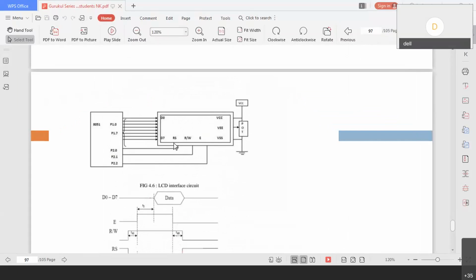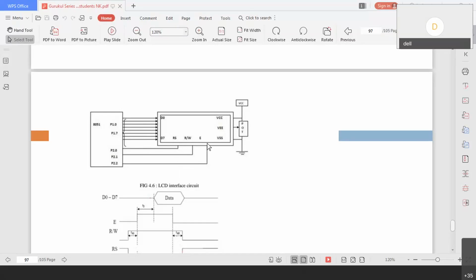What is the role of RS? It means register select. There are two types of register in the LCD: the command register and the data register. The command register will decide where to display, how to display and when to display. That will be given by our program itself. And the data register will just take the value to be displayed. The next option is read and write. Either you can read data from the LCD to the microcontroller, or you can write to the LCD. You can do both. If it is busy, it will also show the busy signal.